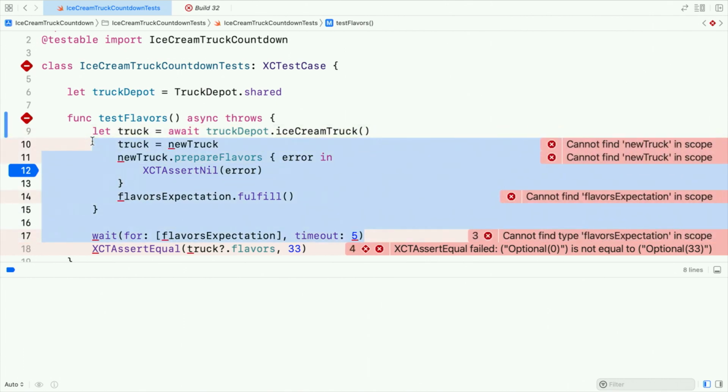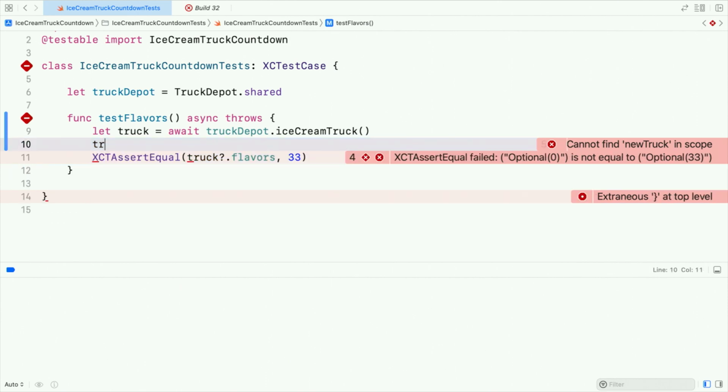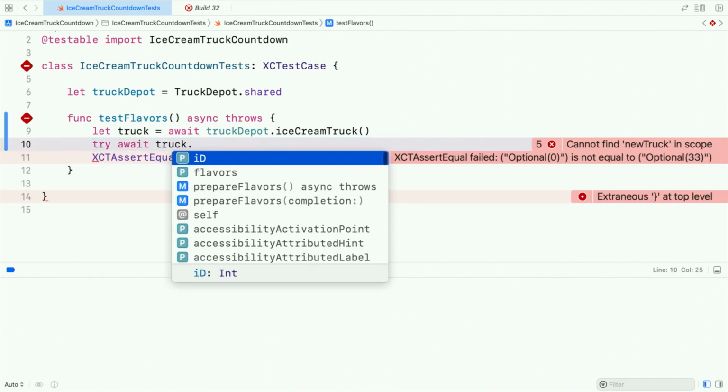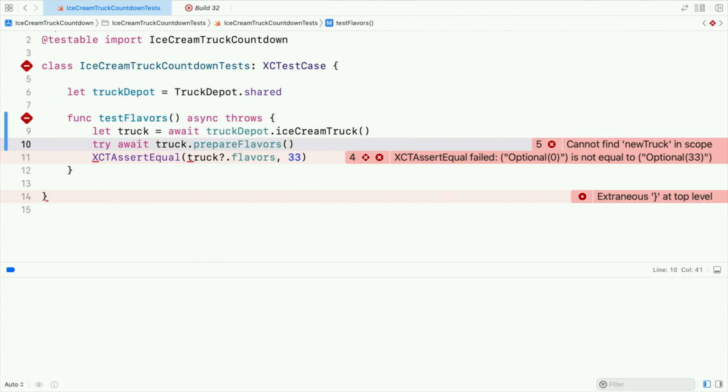I'll use the await version of prepare flavors. I'll keep the same assert, but the truck is no longer optional. Let's run this test one more time to make sure that it is fixed.